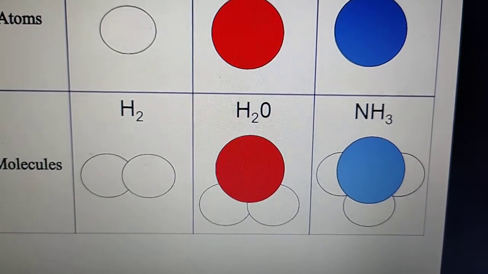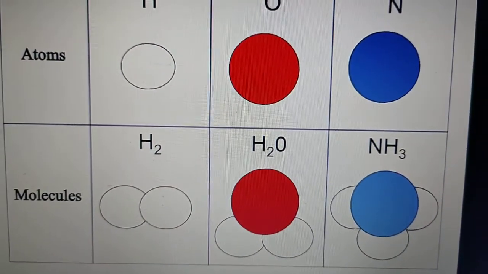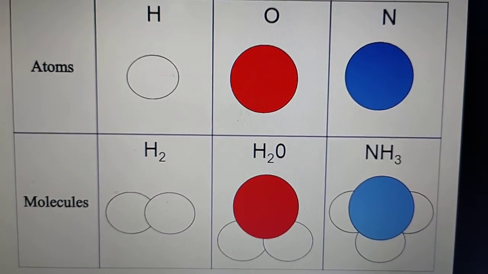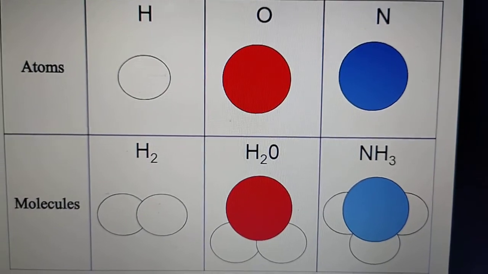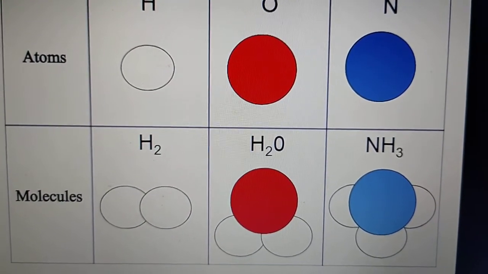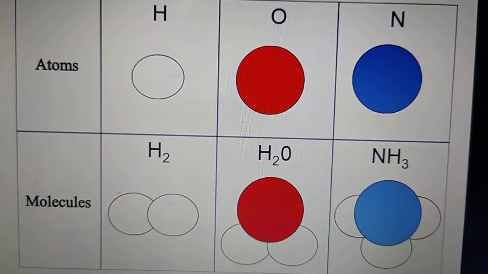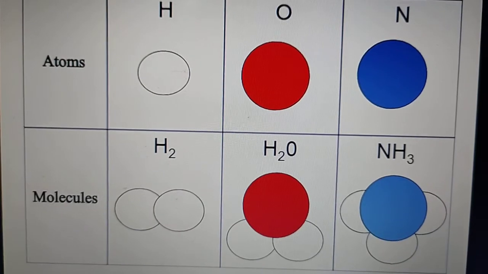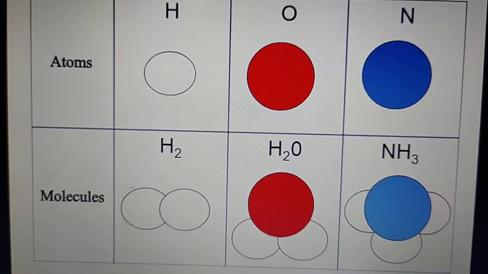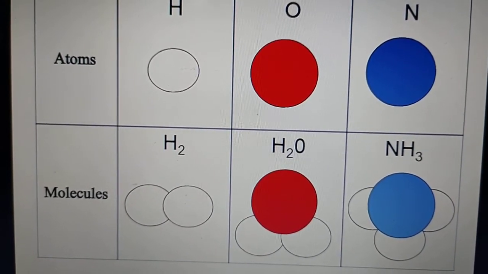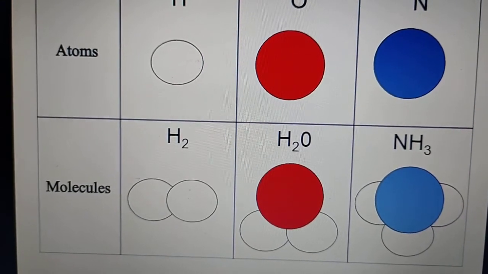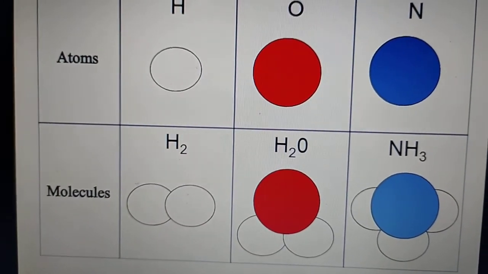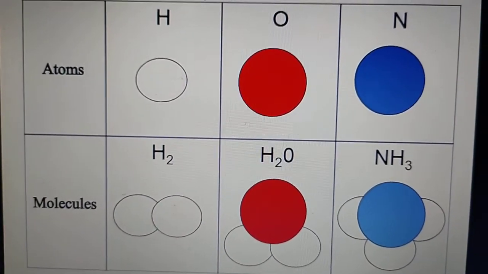So the molecular formula of an element is written as you can see here. First of all you have to write the symbol of the element, that is H. Write the number of atoms present in its molecule as a subscript. You can see here that in the subscript of hydrogen, 2 is written on the right hand side of the symbol. So a molecule of hydrogen contains 2 hydrogen atoms. So the molecular formula of hydrogen is H2.